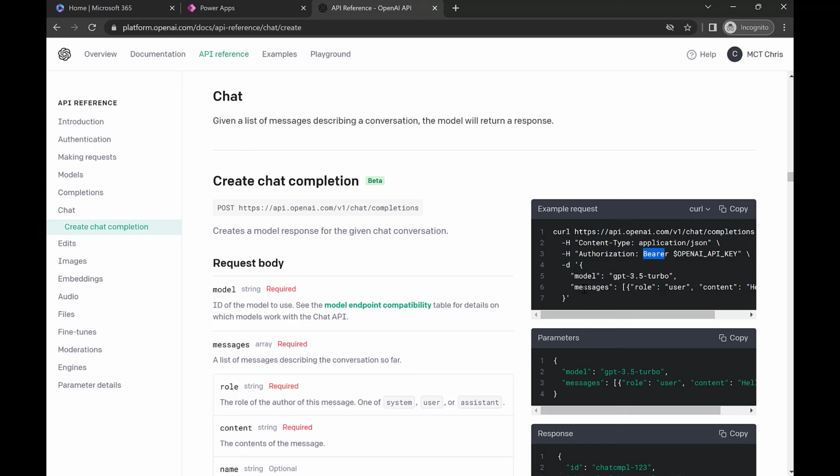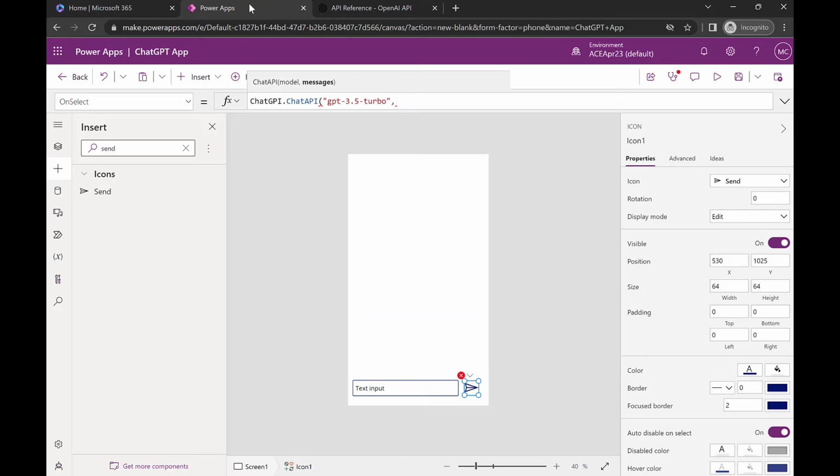Those message is the second parameter, which we need to pass role and content. So what we wanted to do in here is we're going to create a collection, and I'm going to call my collection chat, and we need to pass on the role